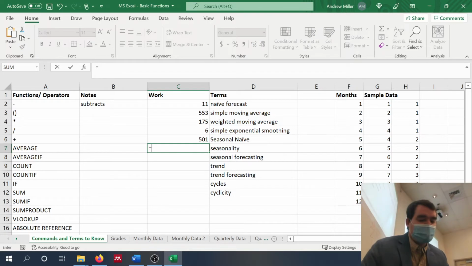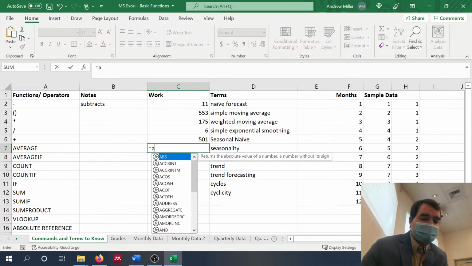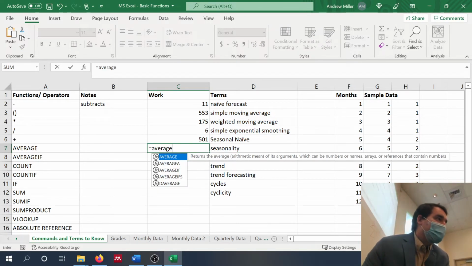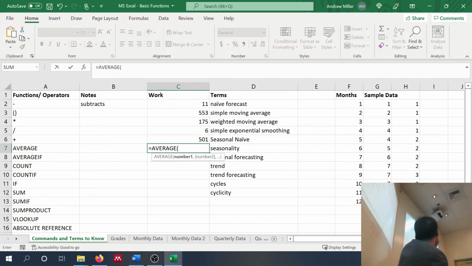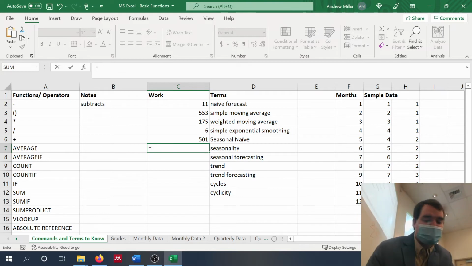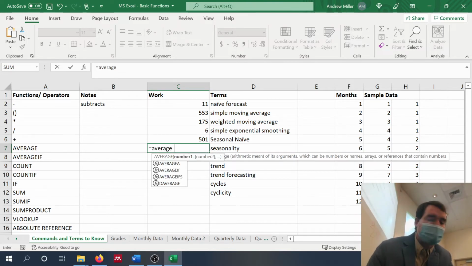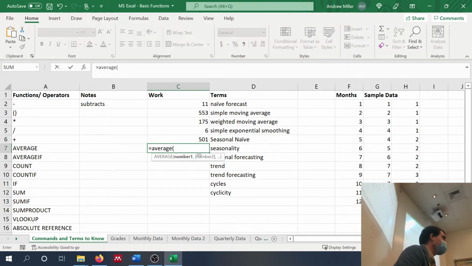Like I say, go into a cell, type equals average. And if you wanted to be lazy, you could start typing the function and hit the tab key, and it will go ahead and finish it up to the open parentheses. Or you can manually type it every time. It doesn't really matter how you do it as long as you get the answer in the end. Does that make sense? I want to show you shortcuts so you're quicker, but ultimately it's up to you to decide what works best for you.